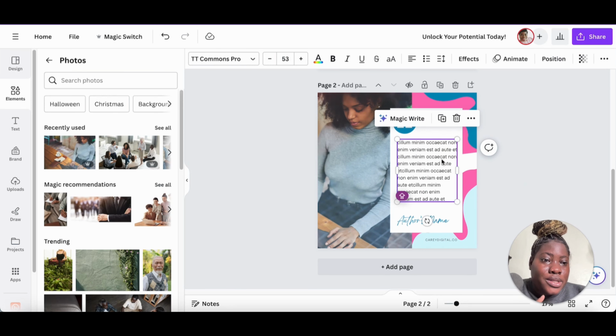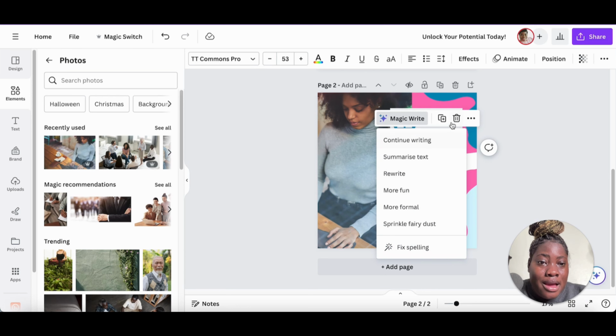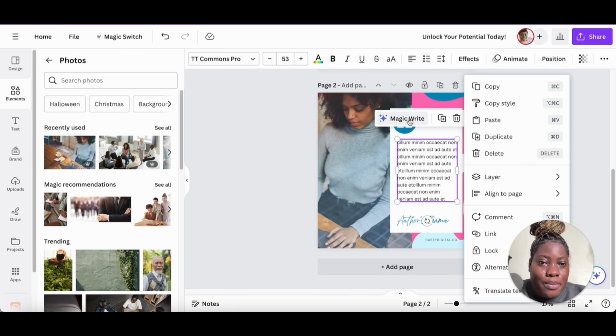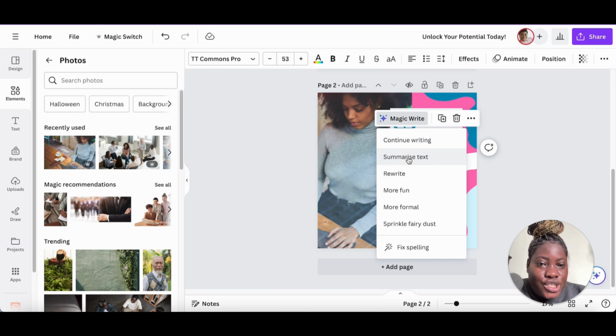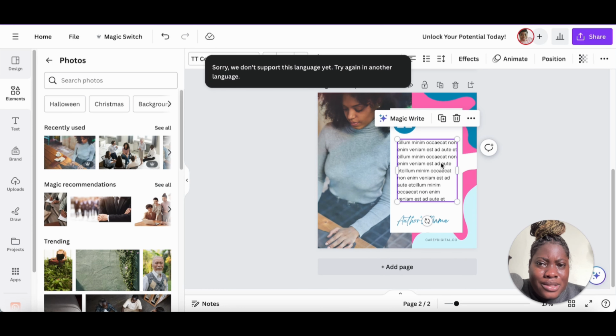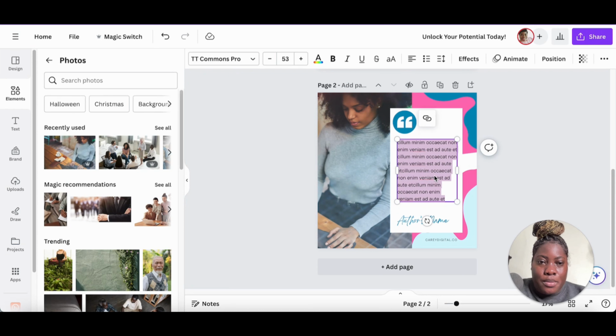So one of the things I want to point out as well is that you can make the most of Magic Write. Again, these are all a part of the Canva Magic Studio, and I can just select Magic Write and give it a prompt. I can say either summarize this text, rewrite this text, make it more fun, change the spelling, make it more formal, add some sparkle dust, and I am just going to say add some sparkle dust. And of course the language is not supported, so I'm going to go in and change it and say